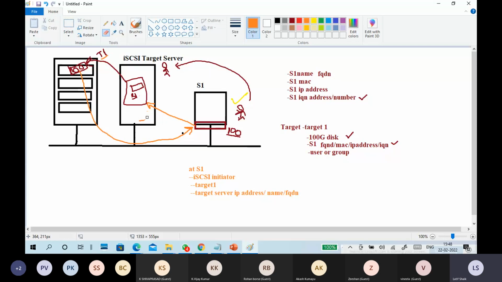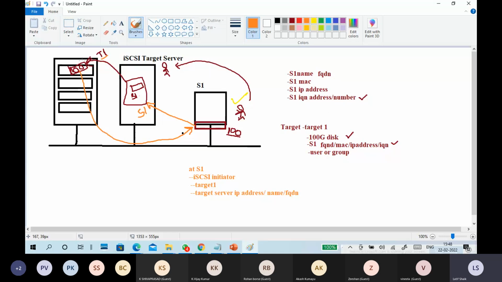Okay. The client opens the iSCSI initiator in the system and sends a request to the target server. The target server checks where the request is coming from: S1, by the name or MAC address or IP address of S1. The target server understands the request is from S1.